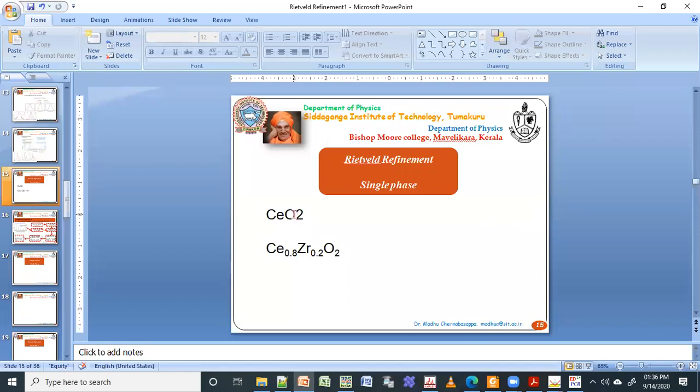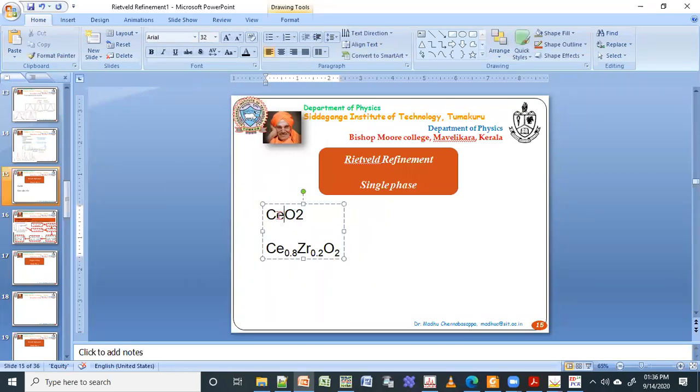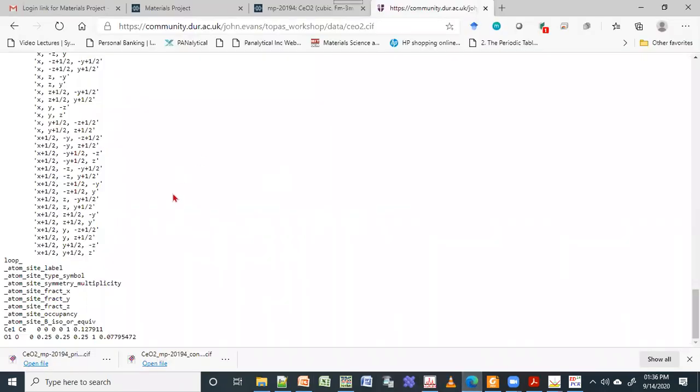So your cerium and oxygen may not be exactly at 000. They may be thermally vibrating. At room temperature, they already have some very small thermal vibration. So this B ISO term is to do that fitting.